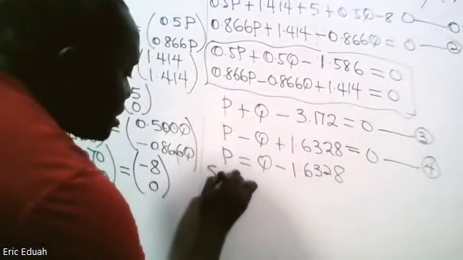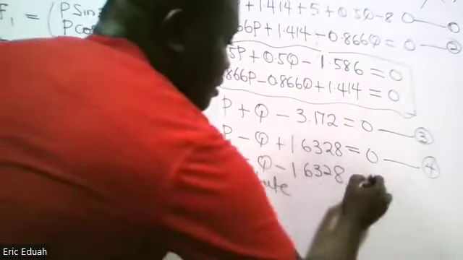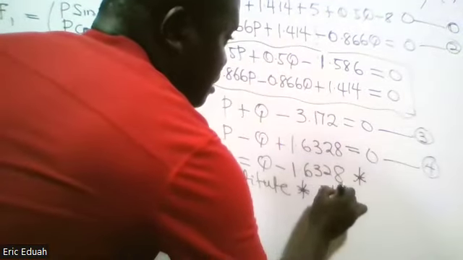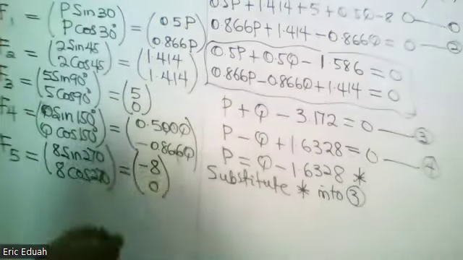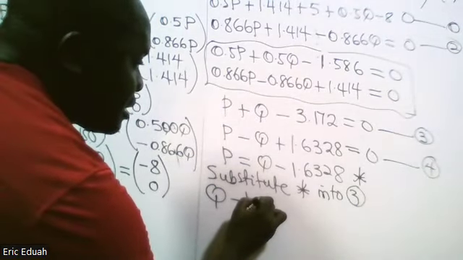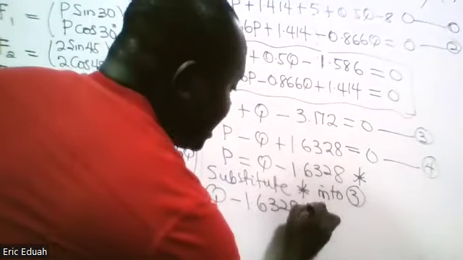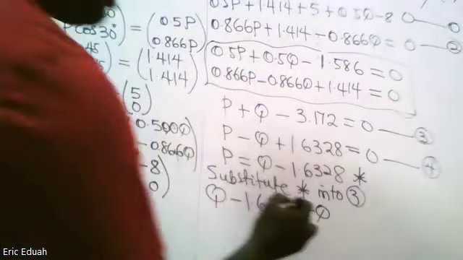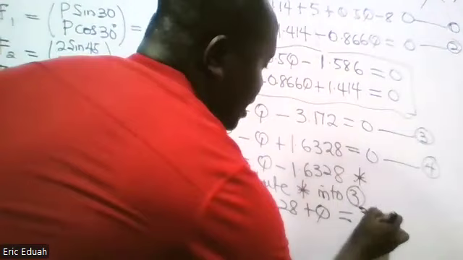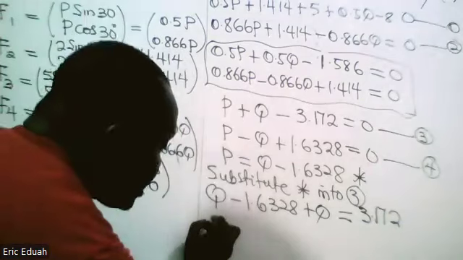When you substitute this into equation 3, you have Q minus 1.6328 plus Q is equal to 3.172. I've sent the negative to the other side. So 2Q